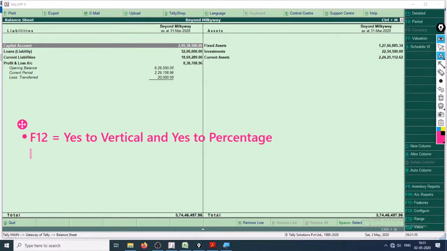Okay, and Alt plus C, add previous years. Okay, let's try to do it, if we can do it or not.